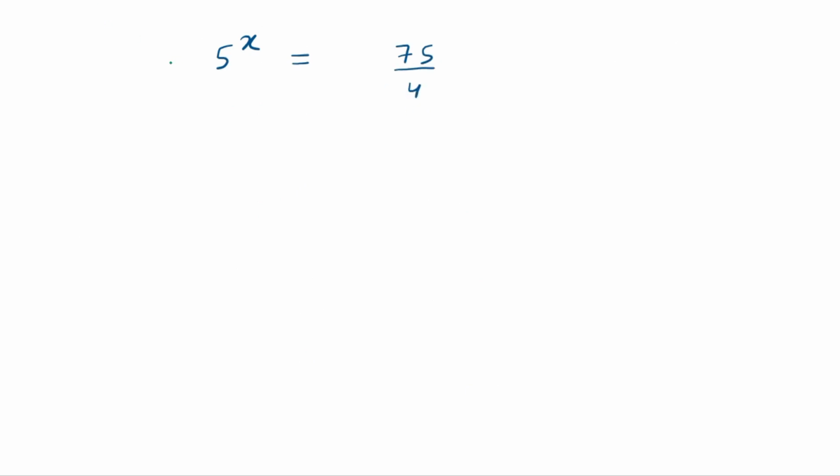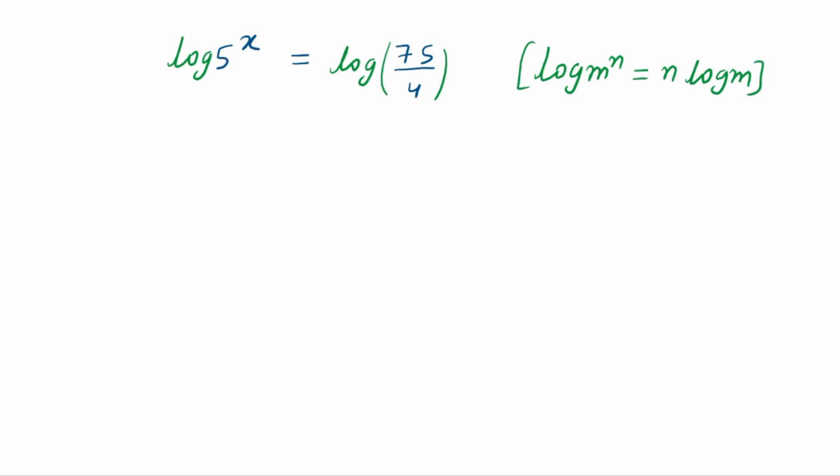Now if we take log on both sides, look carefully at the left hand side. On the left hand side we have log 5 power x. We will apply a log property. We know that log m power n is equal to n times log m. According to this rule, we can write this expression as x times log 5, and this is equal to, on the right hand side, log